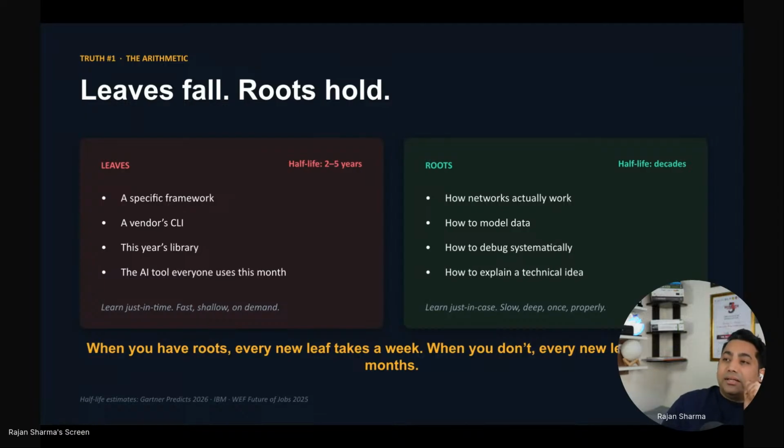I'm not saying the technology is disappearing or that you should go and do an MBA and move to a different domain. I'm not saying that. I'm saying focusing on the root is the key. So what is the root? Let's understand some examples, like how a network actually works. That's something you should know in depth, because this is going nowhere. It's always going to stay with you.